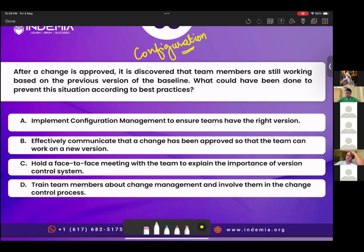Okay. Priya, you have chosen option A. Yes, since it's a technical project, developers are involved. I think configuration management is the way we manage change in technical teams. So that seemed to be the right option to me. All right. So the problem with option B, C, and D is that